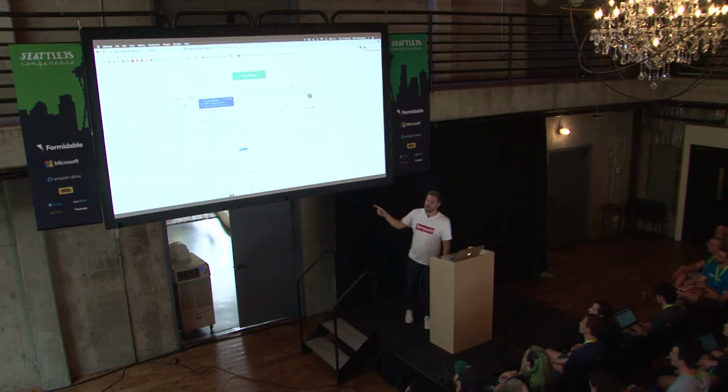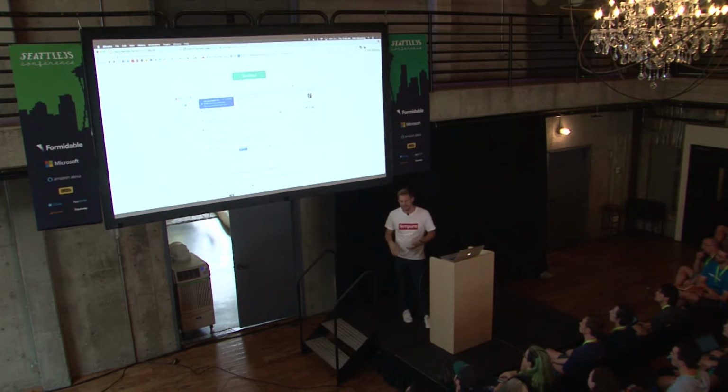Then it puts something on top called RxJS. Does anybody here use RxJS? A few people. For those of you who don't, it's one of those libraries that turns your stuff into monads, basically. Sorry, all the RxJS people will be like, no, that's wrong. But